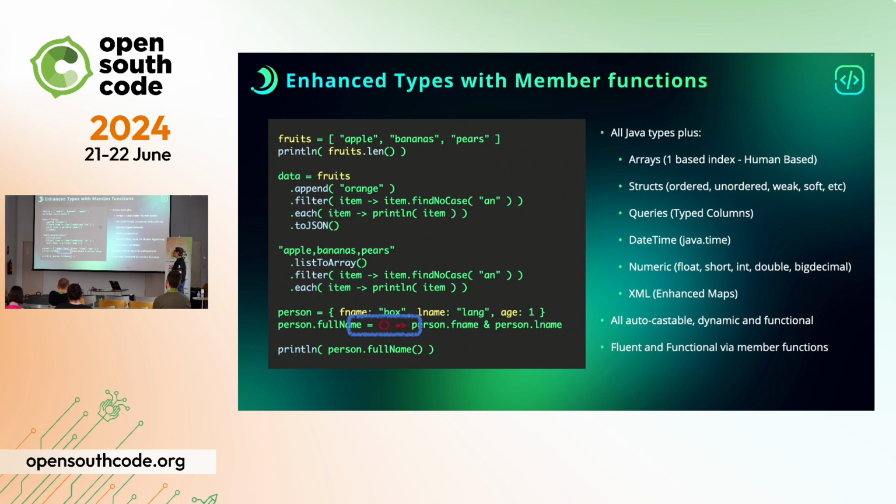You also have more functional capabilities. For example, here I have a person structure. See, I don't have any verbosity or ceremony to create a map. I just say squiggly marks, I'm going to create a map. I give it a key, and I give it a value. Key, value, key, value. I can even then add other things by just dereferencing it. So I can say person.fullname, which doesn't exist here. I'm going to assign a lambda to it.